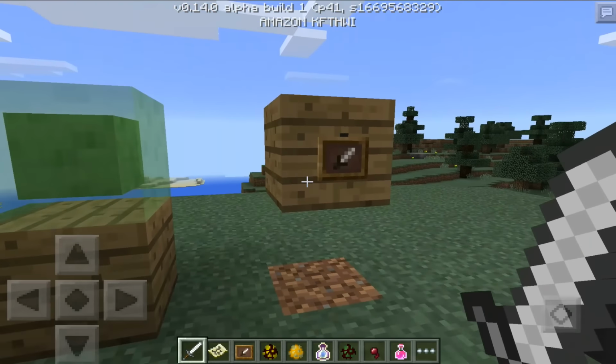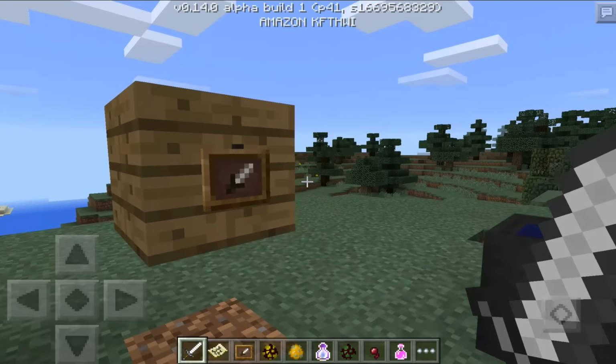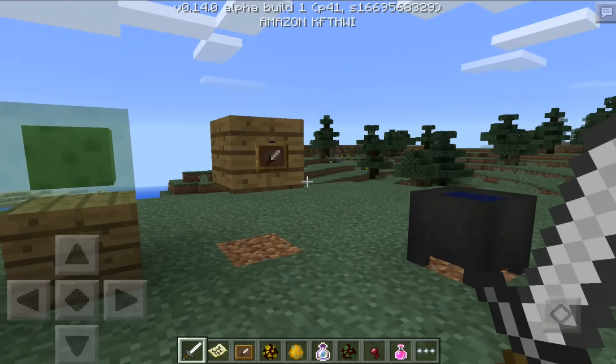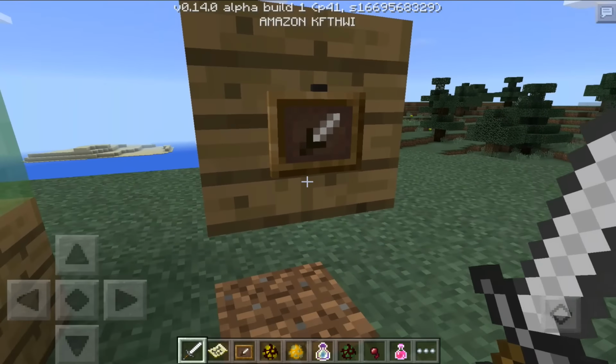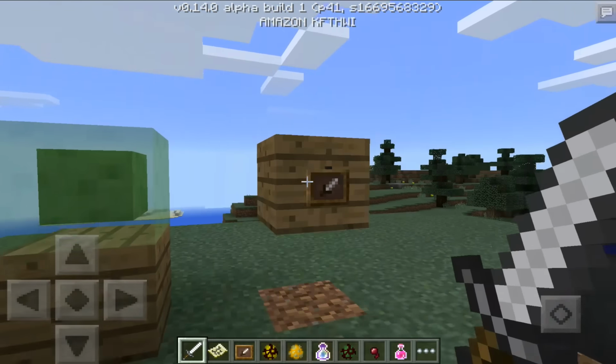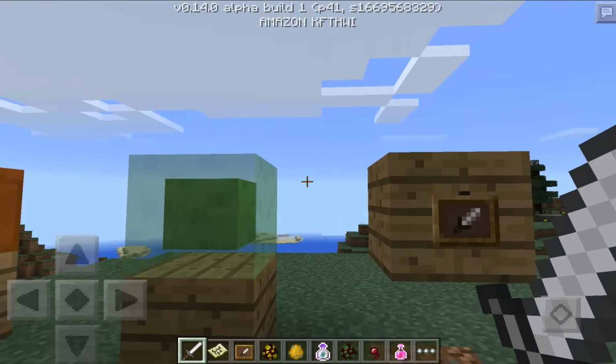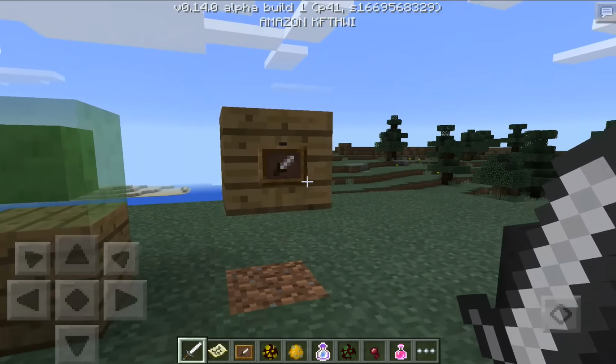But nonetheless, item frames basically allow you to showcase any particular item. It can be a sword, it could be a mob egg, it could be a potion, it could be even another item frame. So I just had some little item frameception right here. Basically place an item frame inside an item frame, and they're just super useful for showing off your most valued